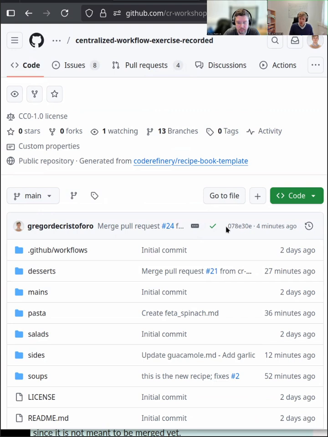You should also probably merge as soon as possible, since you want the other collaborators, so everyone on your team, to have access to the latest changes. You don't want to keep that away from everyone for a few months and then only merge it once it's 100% perfect. Things are never fully perfect. So it's better to merge as soon as possible so that everyone can benefit from the changes that you make.